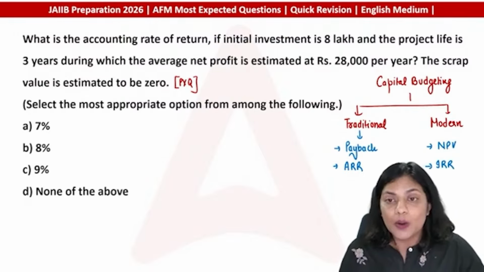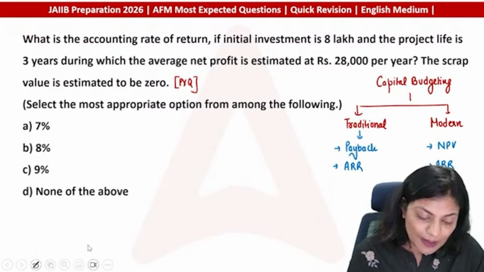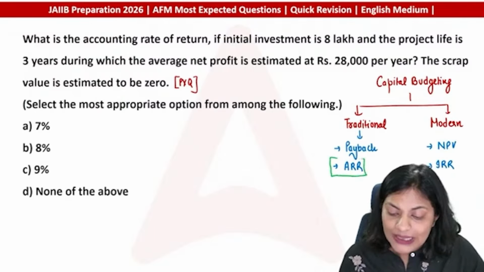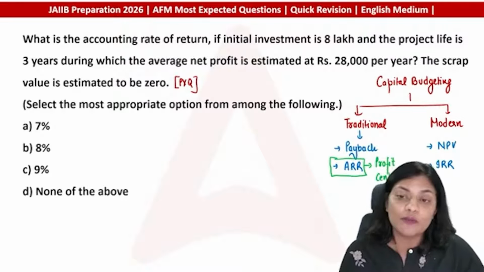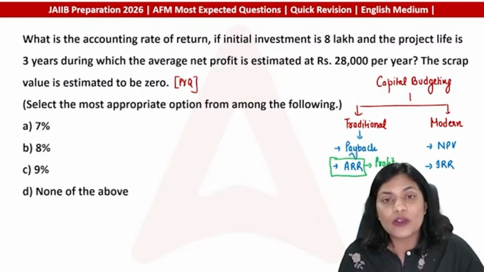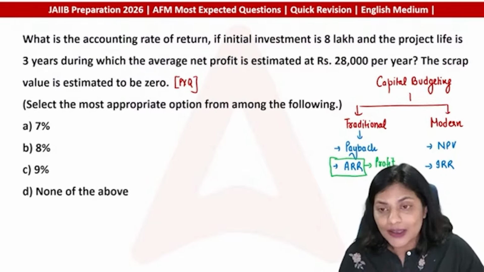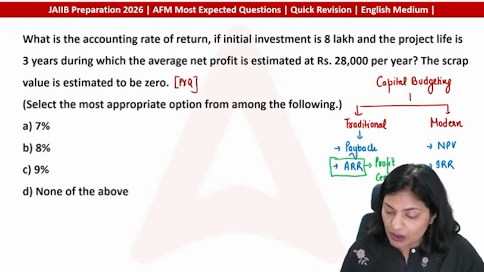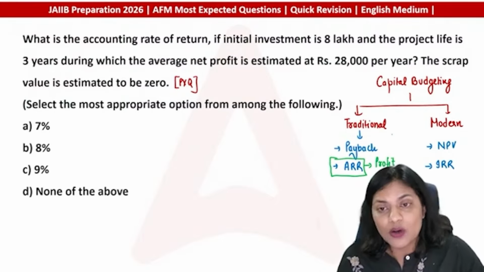Correct? Now, all these methods are based on cash flow except one, and that exception is ARR. Only ARR is a profit-centric method, where the evaluation of the project is not done on the basis of the real actual cash flow that it will generate, but on the basis of profit. The problem is that this profit also includes non-cash expenses which have actually not impacted your cash. So that is also a disadvantage of it being a profit-centric method. All other methods, whether you say payback, NPV or IRR, are cash flow-based or cash flow-centric.